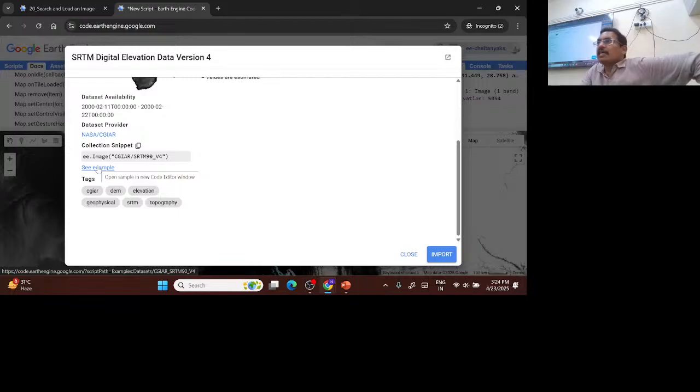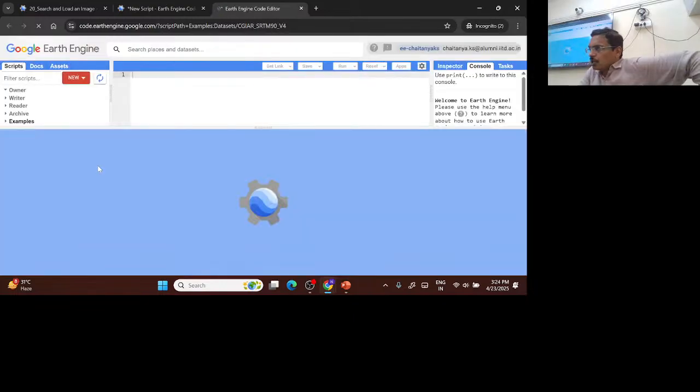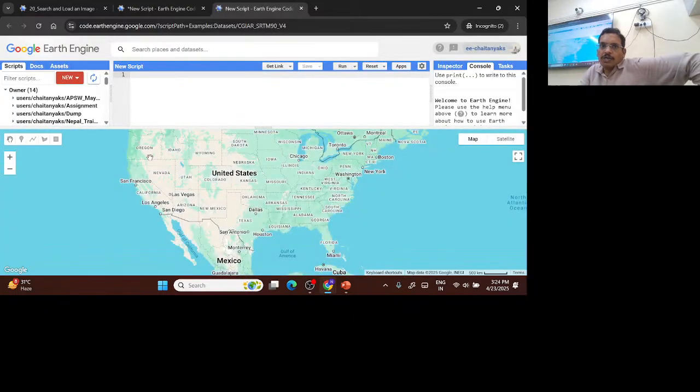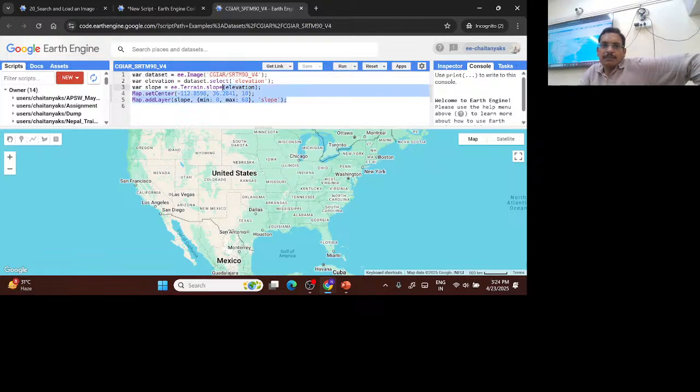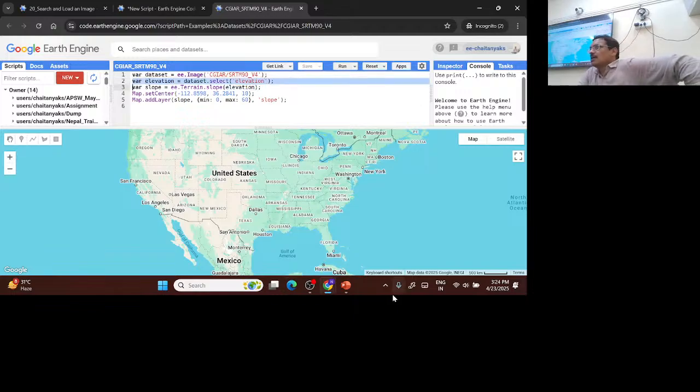So if I click on this example, a new tab will open. It will give you an example of using this data set. For every data set, you will get this example. If I click on this, a new tab is opening, code.earthengine.google.com, and this is a simple example. The same thing, instead of SRTM, he has given the name dataset, and then he has selected band elevation. Here there is only one band, there is no need for selection of any band, but still,